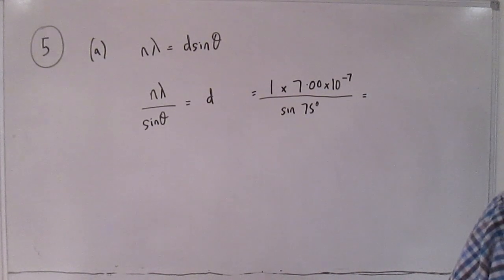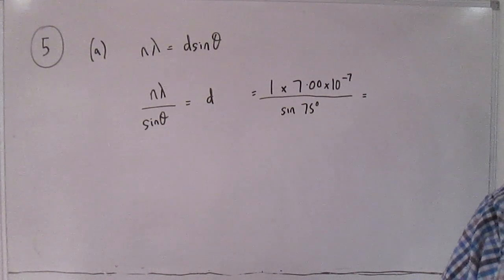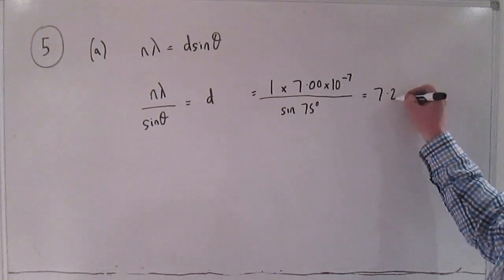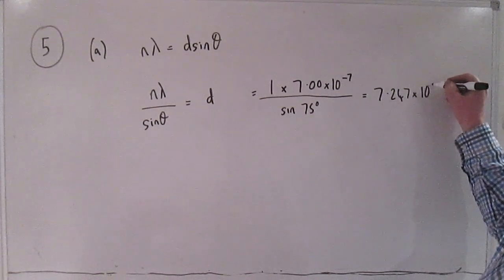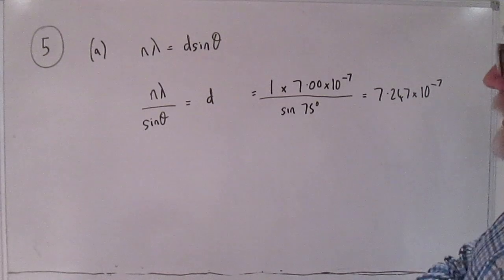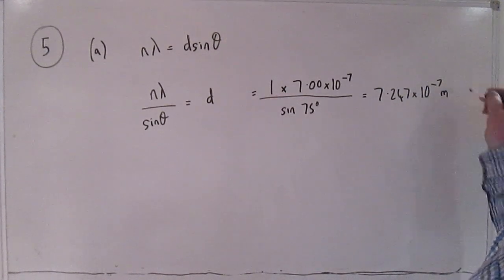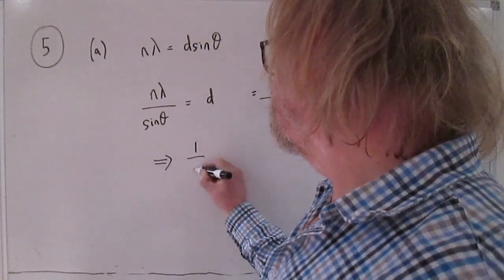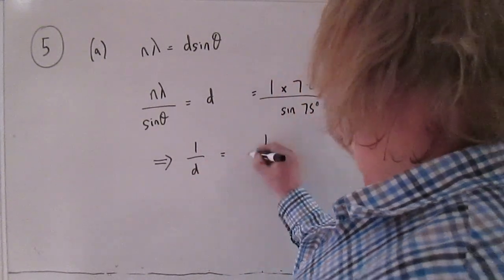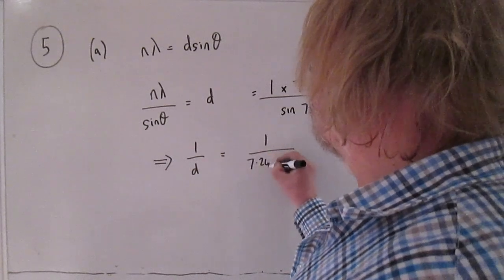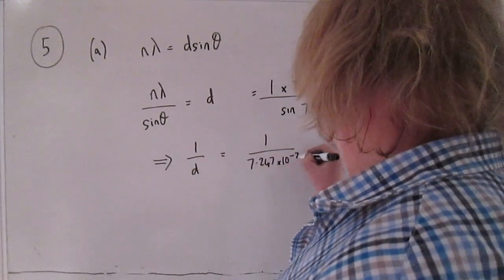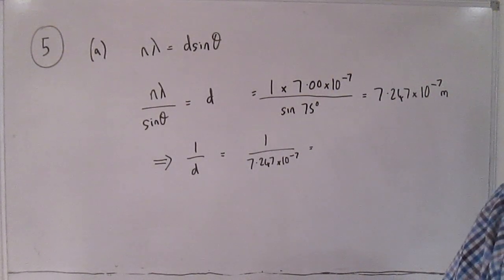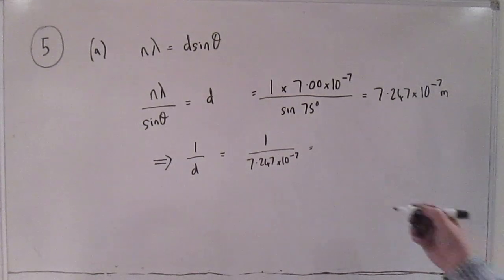And if we work that out, that comes to 7.247 times 10 to the minus 7, and that will be meters, because d is the distance between the lines. So that means 1 over d is 1 over 7.247 times 10 to the minus 7, which is 1.380 times 10 to the 6